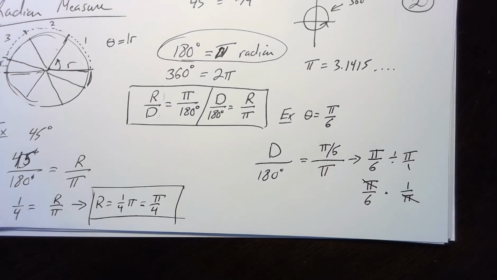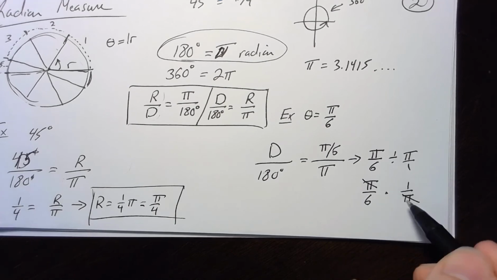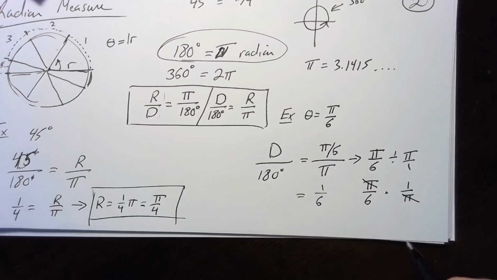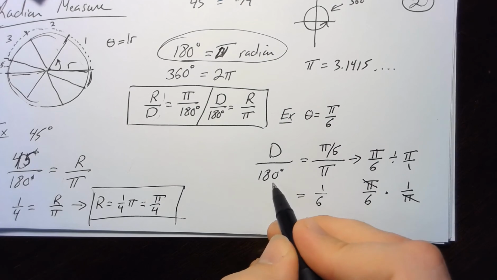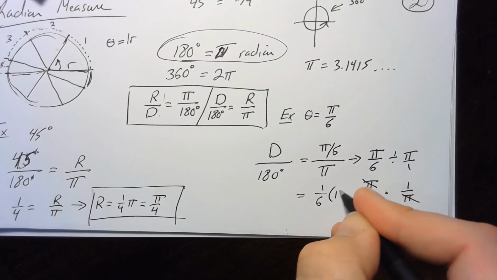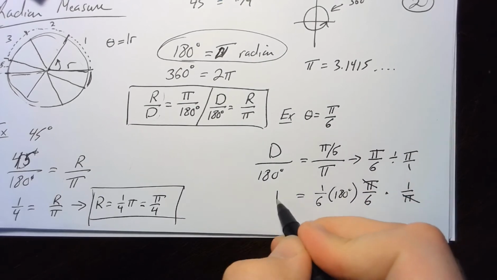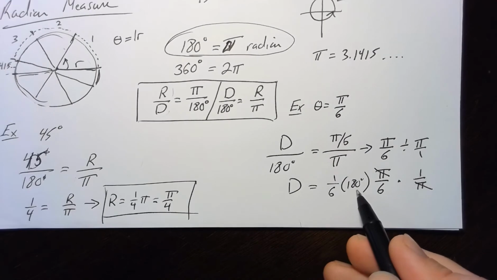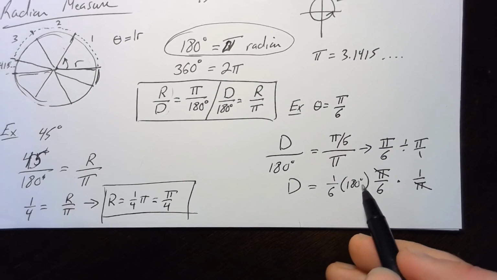When working with radian measures, you'll find that if you're solving for a degree, the pi symbol, which is not a unit but is a value, will cancel out. So that means that this side right here is really just 1/6. And therefore, if I have d over 180 equals 1/6, I'm going to multiply both sides by 180 degrees to get d. Now, when working with the math, you can go ahead and leave out the unit, but don't forget to put the unit back in at the very end.